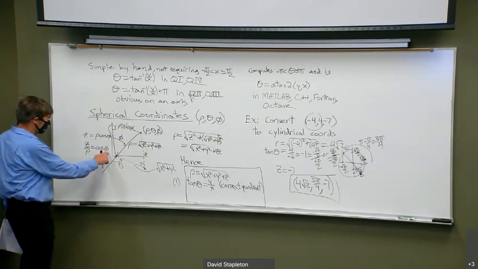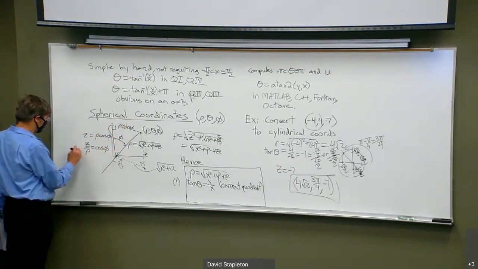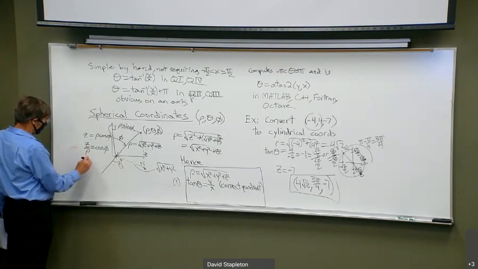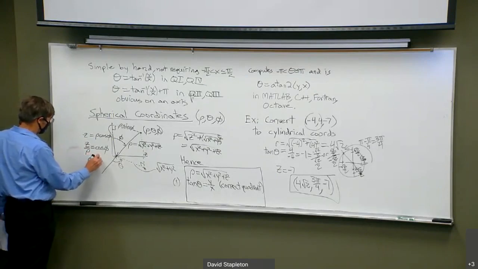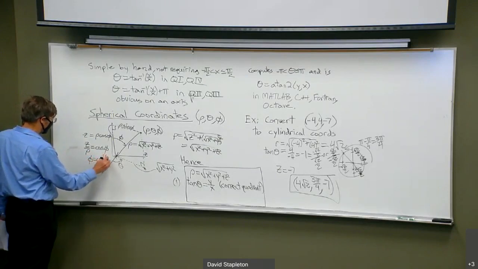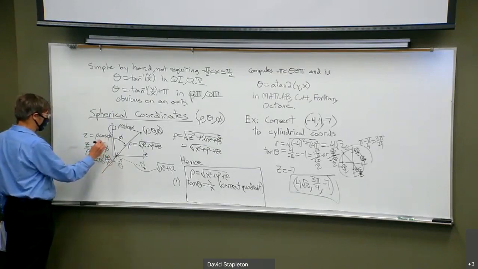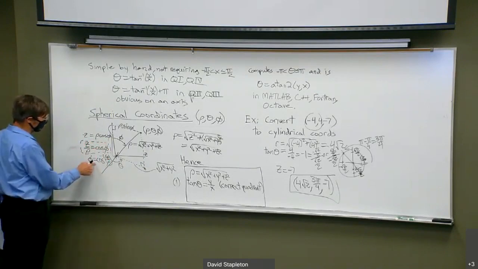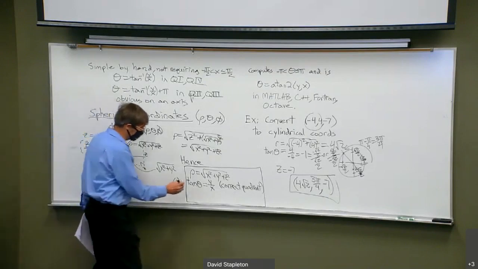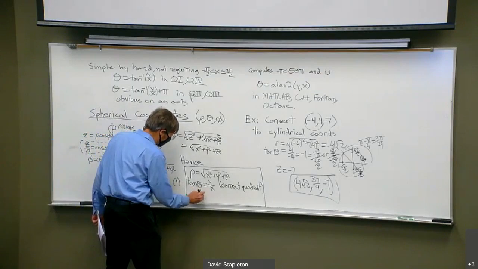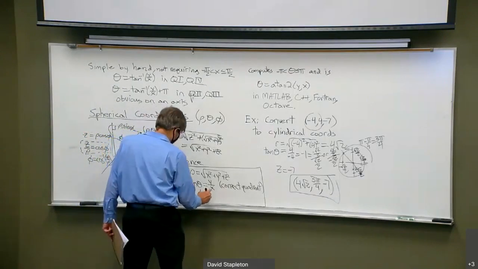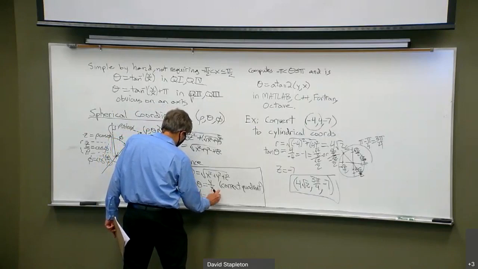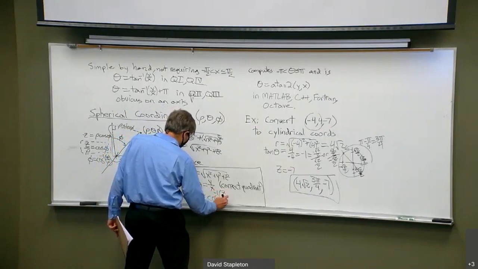And in that case, cosine phi equals this, equivalently phi equals arc cosine of z over rho. Now, if you look in textbooks, most of the textbooks will emphasize this one: cosine phi equals this, and then you figure out the angle phi. But in fact, since phi is restricted to be between 0 and pi, this always works. I like to write it that way to emphasize it. So the last equation, used to compute phi directly, always works as arc cosine of z over rho, as long as you're not at the origin,